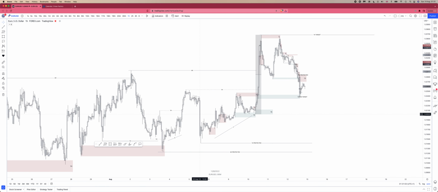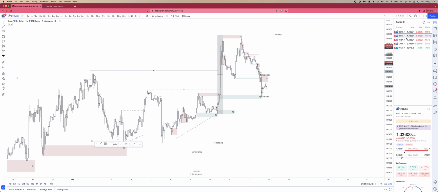As you can see, these are my internal 1 hour breaks of structure, and this is the 4 hour swing structures. So 4 hour holds a lot more weight, so we want to follow where the 4 hours going. We could come back a bit deeper before reaching here, but we shall see how price reacts. So next would be